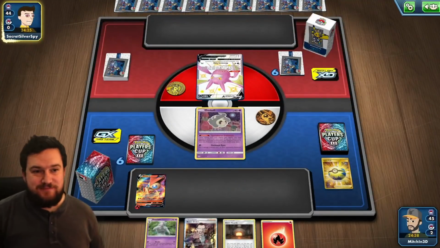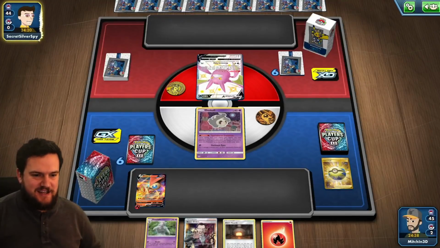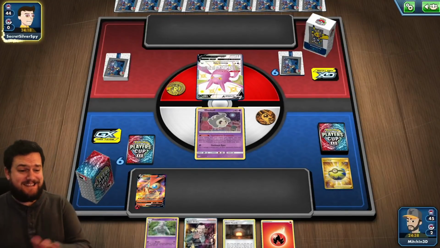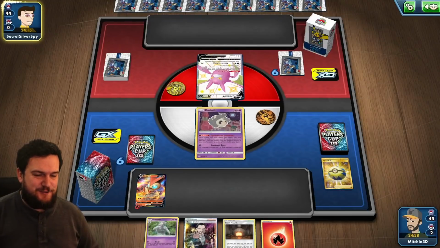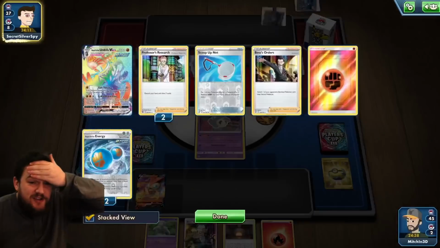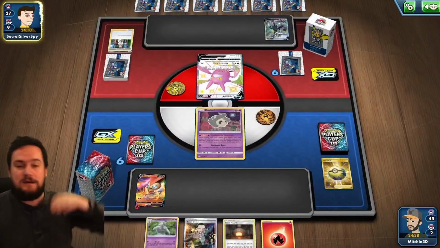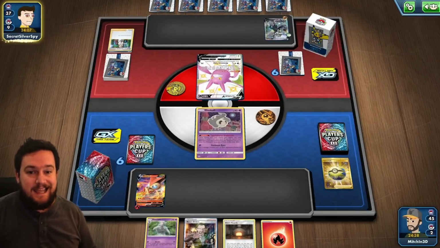Our opponent took some mulligans but achieved nothing with them. You can see their hand is very large, starting a Crobat, but our hand is really bad, so we are not in a very good position here. They're going to use Professor's Research. What? That was insane. 2 Rapid Strike energy into the discard pile, so we're playing Rapid Strike again, and there